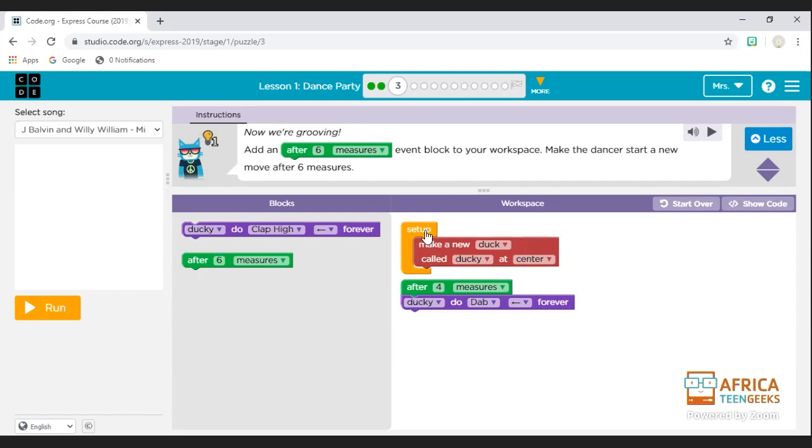There's going to be a duck. It says setup, make a new duck called Ducky. And then it says after 4 measures, Ducky do dab. Do we want him to do the dab? Okay, so let's make him do the dab. And then after 6 measures,